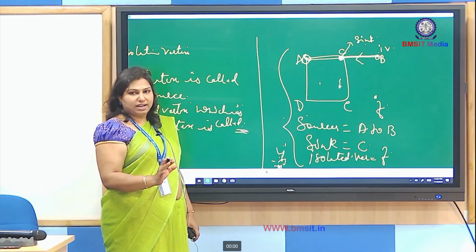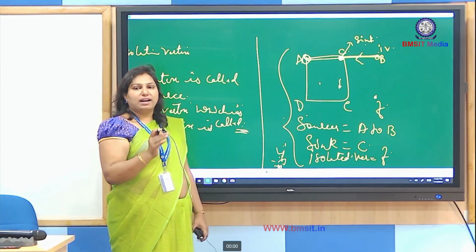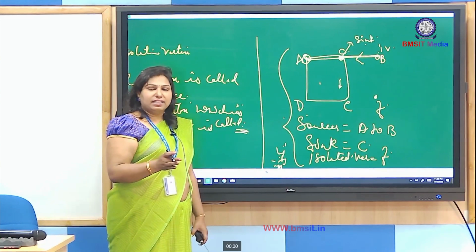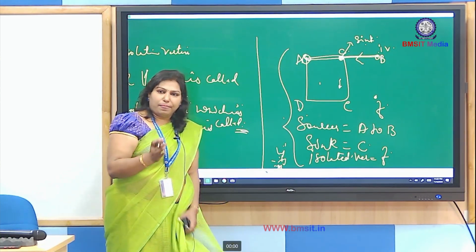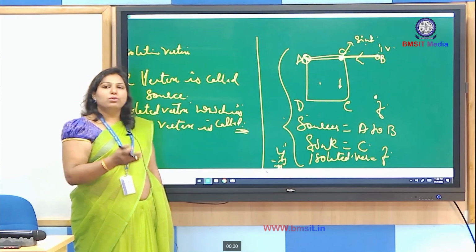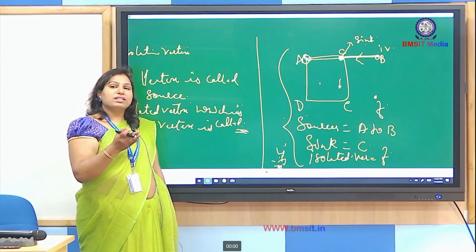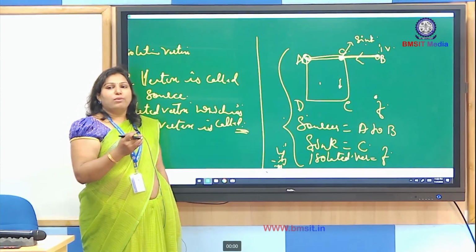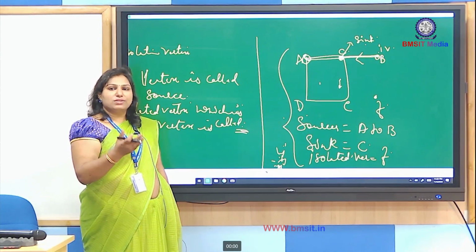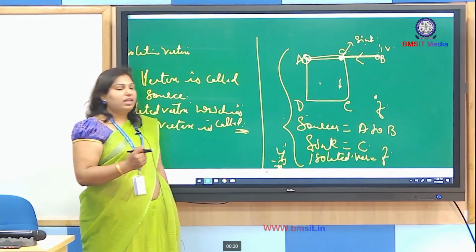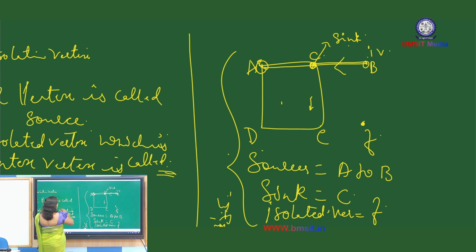When we are learning what is graph theory, we should know what is an undirected graph, what is a directed graph, what is an isolated vertex, how loops are written, what are parallel edges, what are multiple edges, and what is a source and what is a sink. If we know all these basic terminologies, then